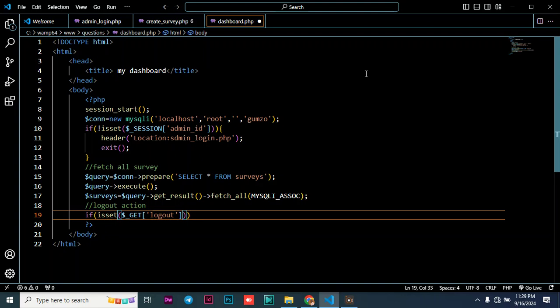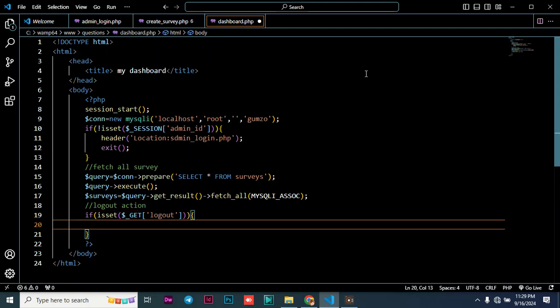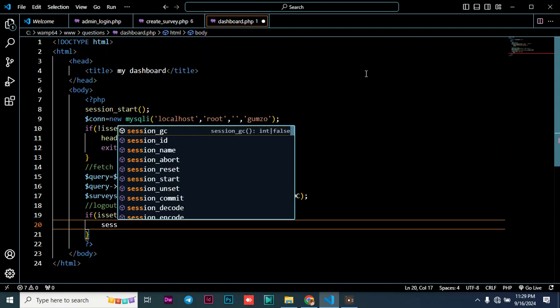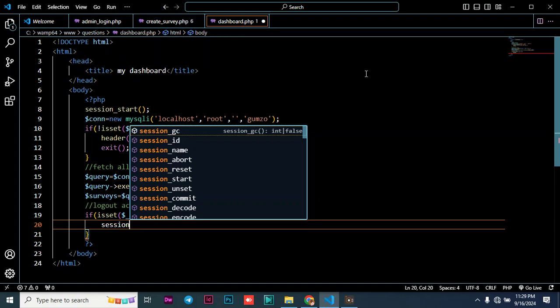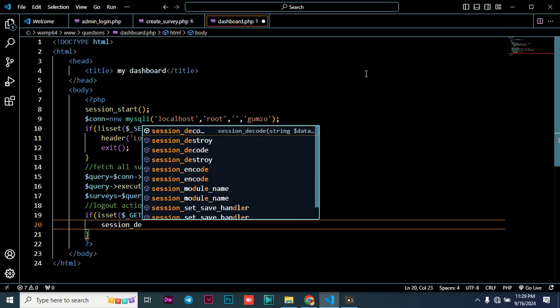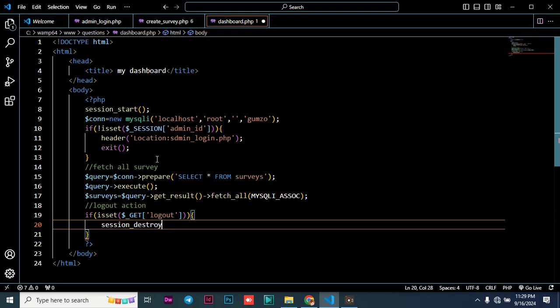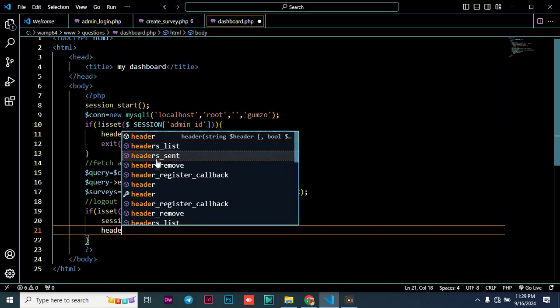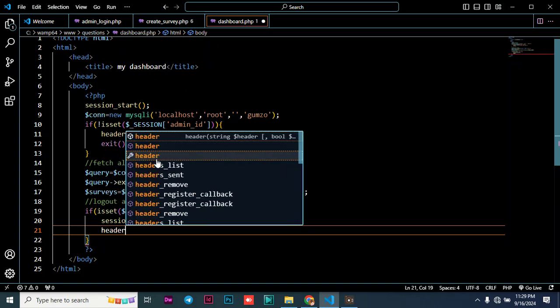Okay, then we just need to open the curly bracket at the end there, and then inside the curly bracket you just say session_destroy. This is a keyword that can help you to destroy the session. And then we just say header, we just move header location